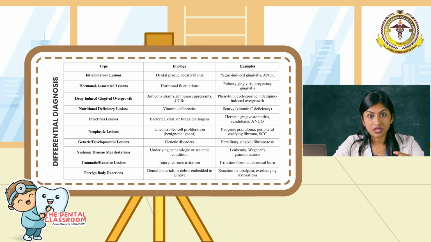that is going to reduce our immunological response and increase the inflammatory reaction to a normal homeostatic or perturbed microbial phenomenon. And next are the nutritional deficiencies or any infectious lesions, which are also going to disturb the gingival architecture or inflammatory pathways, because even to minimal microorganisms they will react in a more exacerbated form of inflammatory lesion. And next being the neoplastic lesions or any genetic or developmental lesions which can cause hyperinflammation or hypergrowth